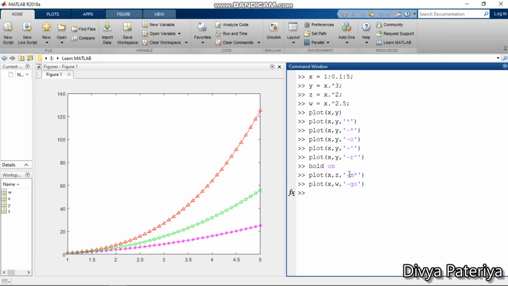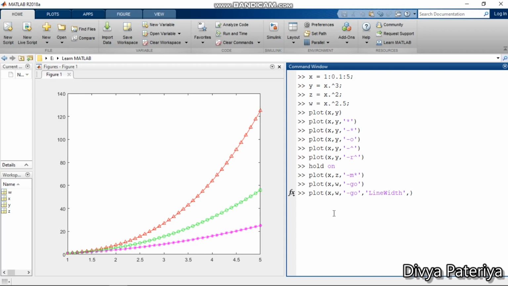So in the same graph, we can see that we are getting three plots which are representing different values with respect to x. Now let us consider for some reason I want to make the thickness of the lines bigger. So suppose I am taking my variable x and w and I want the width of the line to be more. So we can also pass a parameter called line width, and we can provide the width, how much width we want. By default the width is 0.5 in MATLAB.